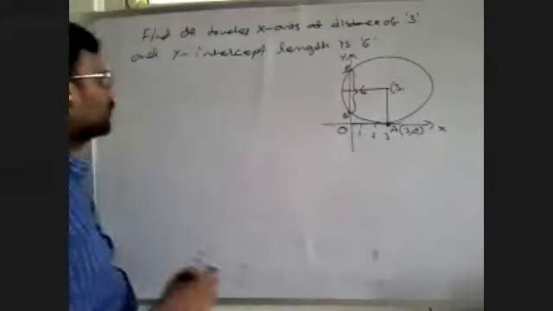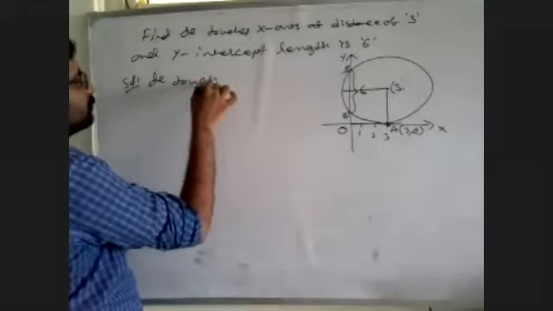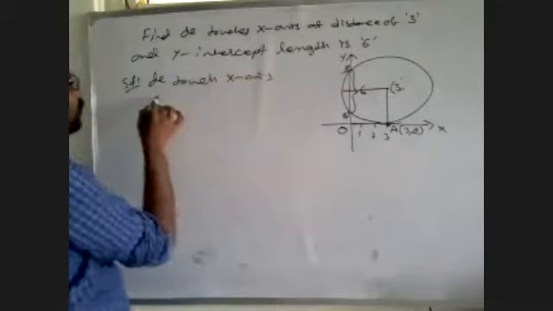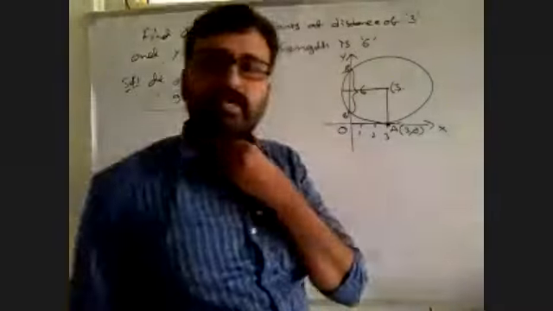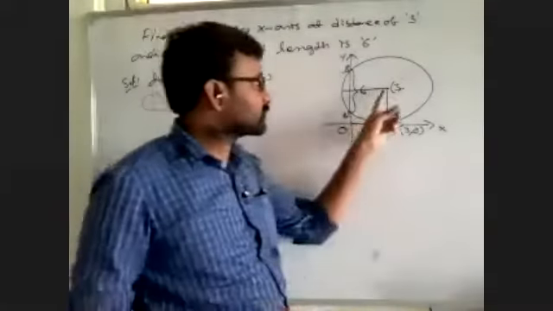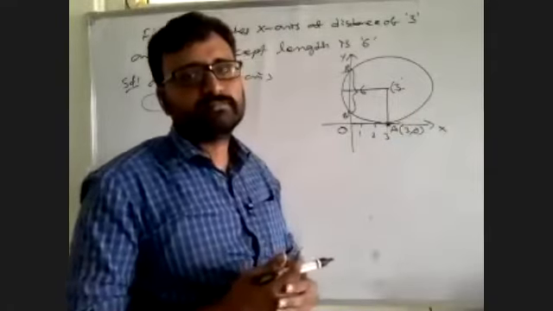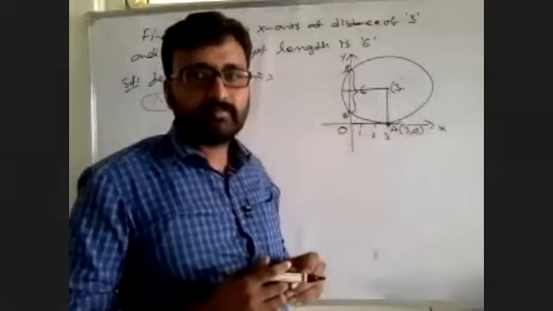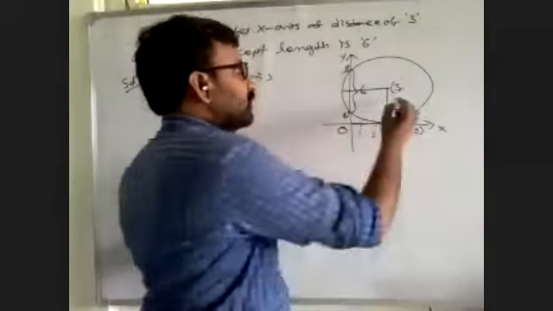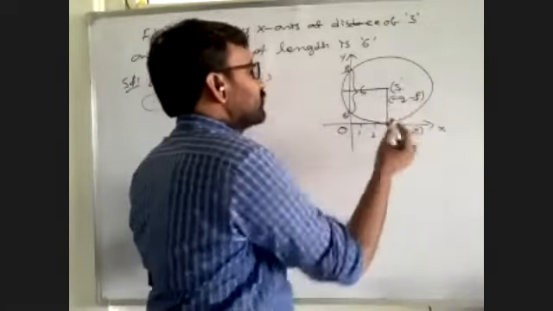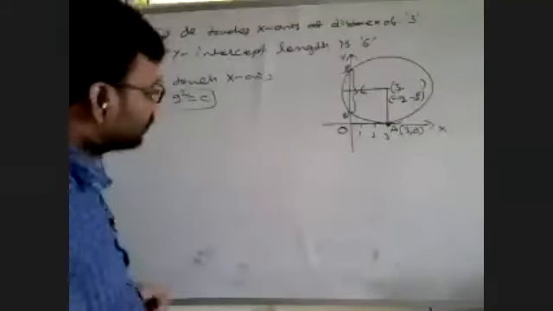Now see, we will see the solution. The circle touches the x-axis, therefore g square equals c. We already have this condition. And this is the center, right? The center is clearly (-g, -f). Already we have this: what is g? Minus g is 3, not g is 3. g is minus 3. Why? Because the center is always (-g, -f). But minus g is 3, so g is equal to minus 3. So c is equal to 9. So keep that aside, we will discuss later.